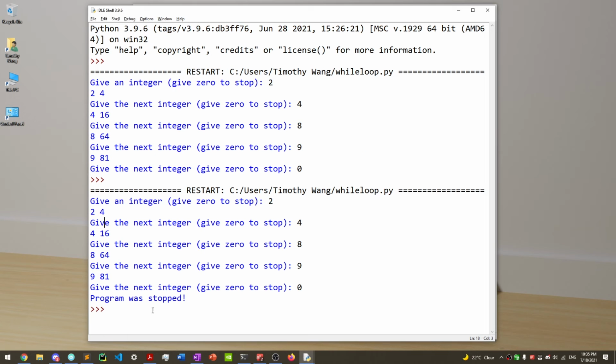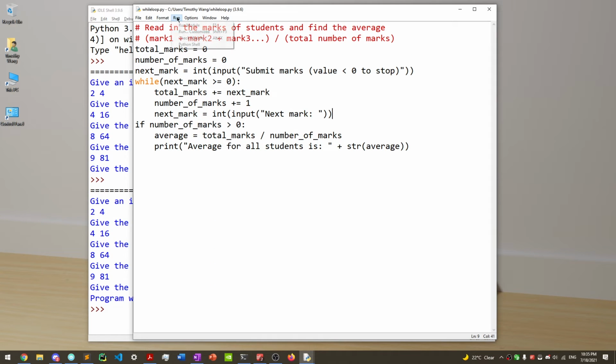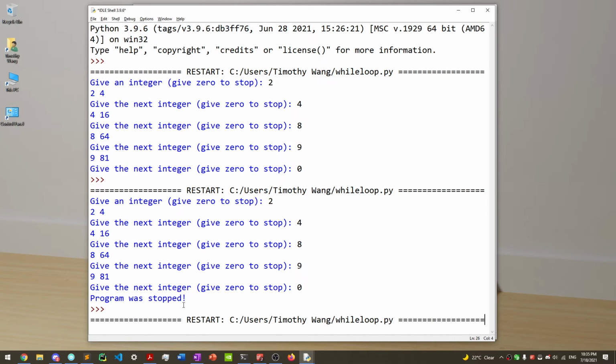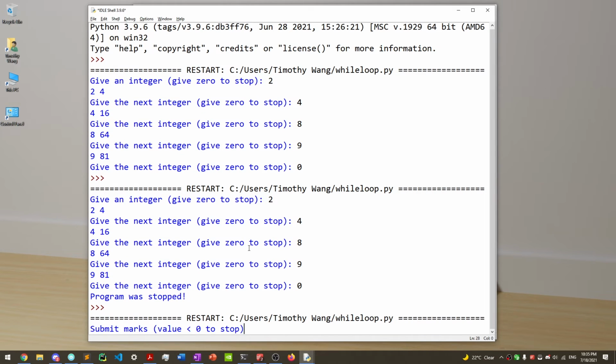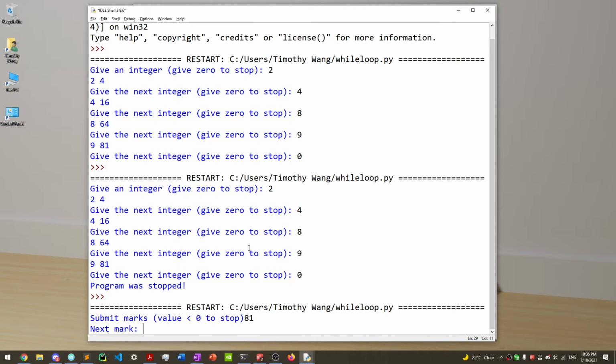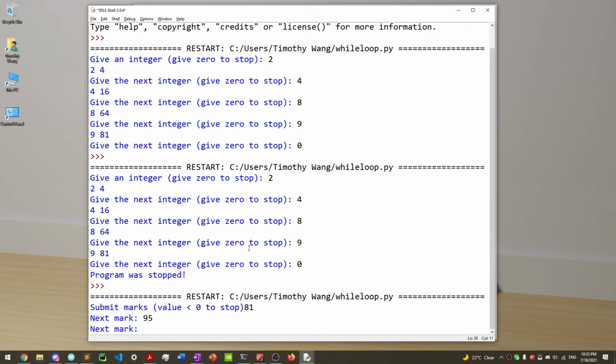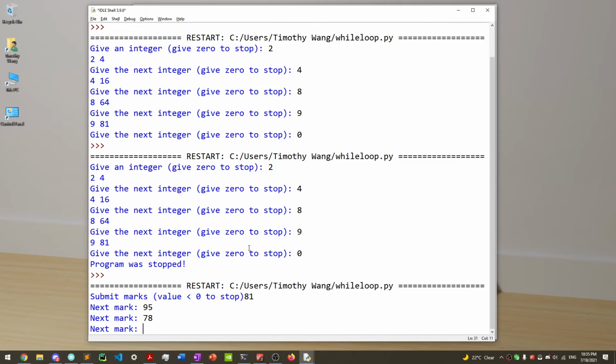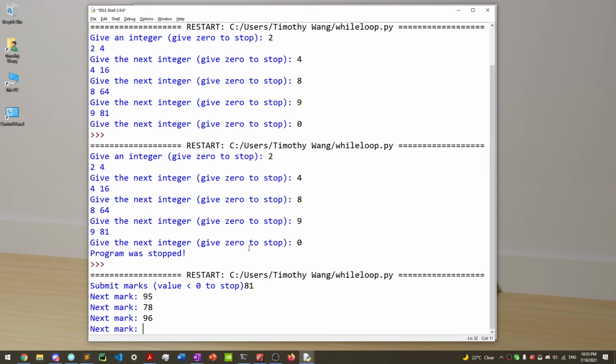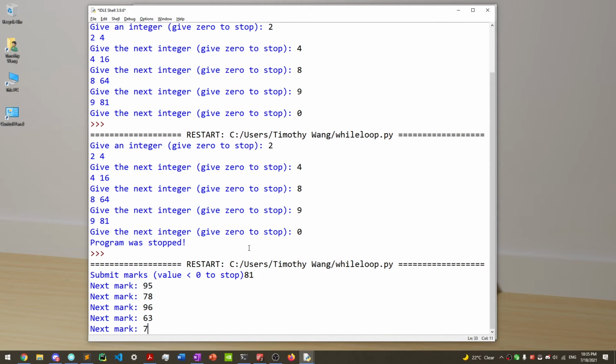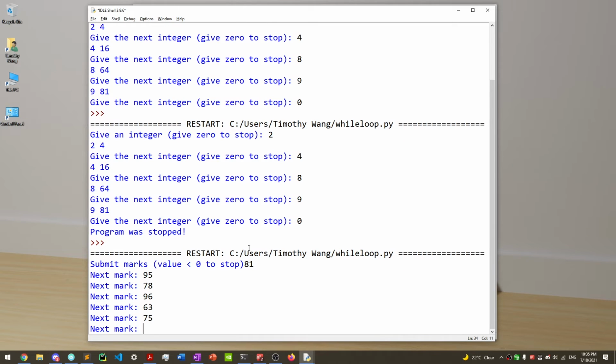Okay, great. So let's actually run this program here. So we're going to run module. And let's say the first mark that we had was an 81. Then it's going to ask us for the next mark. Let's say it was a 95. The next mark was a 78, a 96. Let's say we had a pretty bad student, 63 or something. 75, we had a